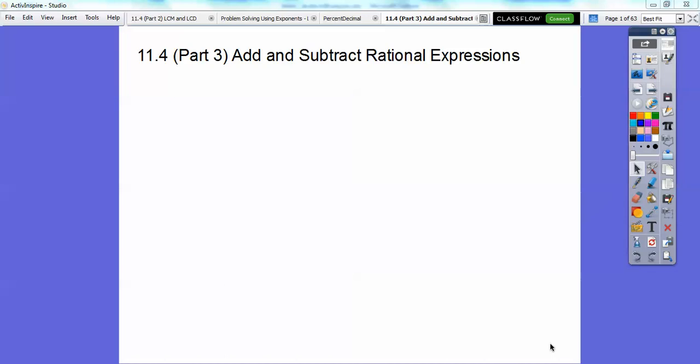Okay, everybody, this lesson is part 3. We're splitting this section in the textbook up into 3 parts, actually 4 parts. The next one, tomorrow, we're going to do a review of them all. So anyways, let's go ahead and start off with